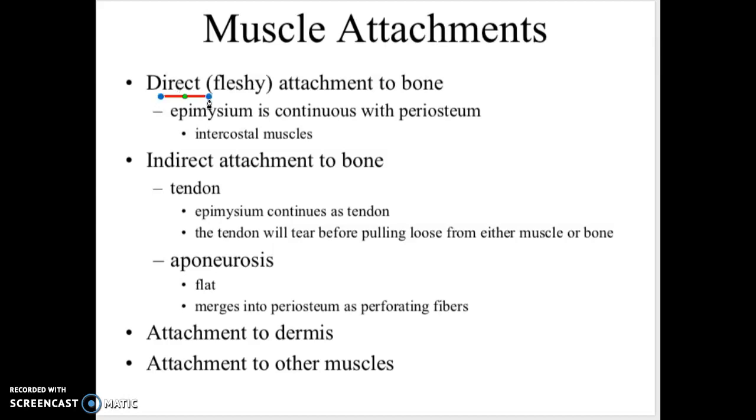They can directly attach to bone. So, for example, your intercostal muscles in your ribs are directly attached to the bone, so you can't tell really where the bone ends and the muscle starts. They can indirectly attach, which is more common, using a tendon or an aponeurosis to connect to the bone. And then these last two, muscles can attach to the dermis, so to your skin, and this is